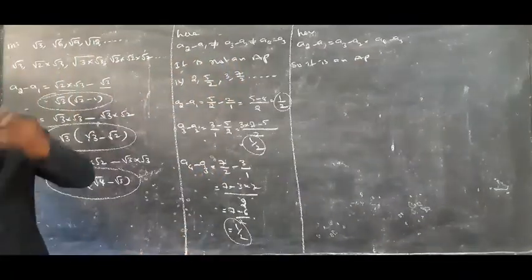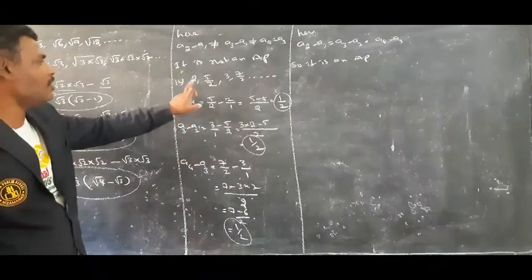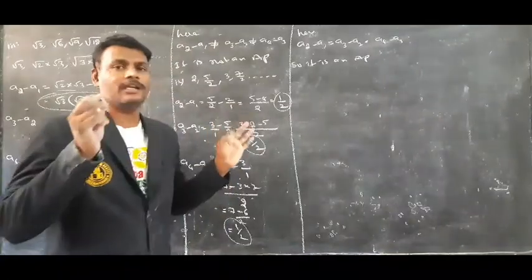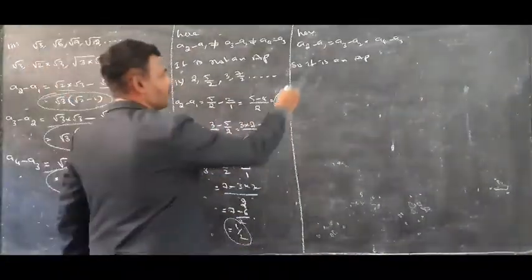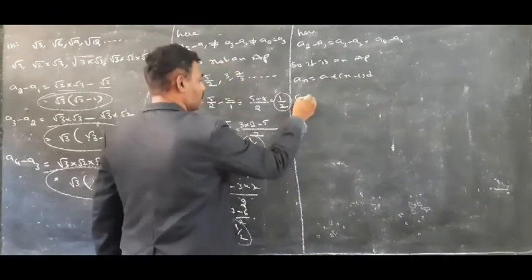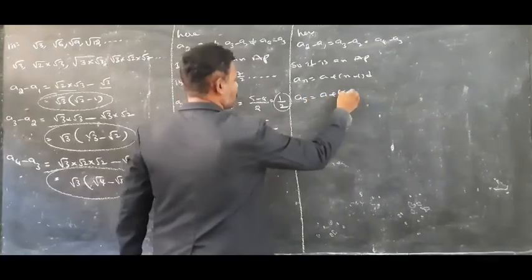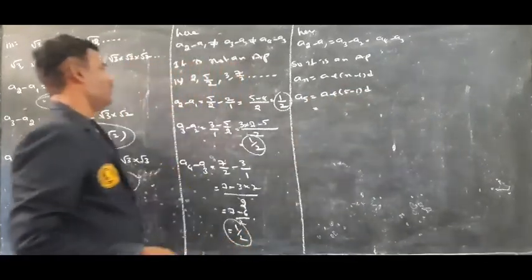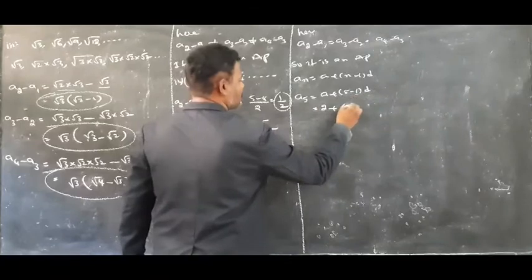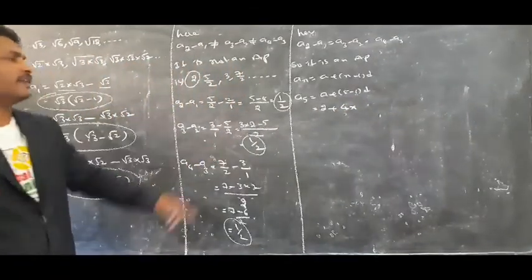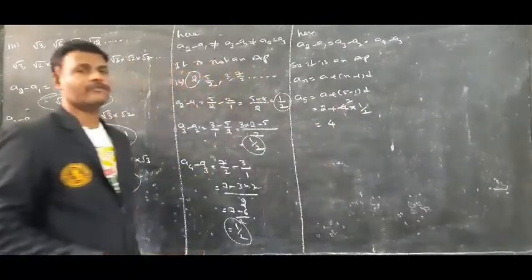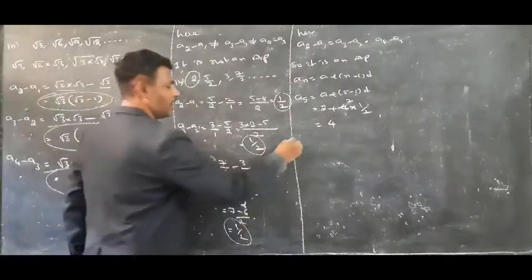If that is an AP, you have to find the next three terms. It means already I know the first 4 terms. You have to find the fifth term. To find any term of an AP, first you have to write the nth term. An is equal to a plus n minus 1 into d. I need the fifth term. A5 is equal to a plus 5 minus 1 into d. A is nothing but the first term of that series, that is 2. 5 minus 1, 4 into d. What about d here? Common difference 1 by 2. 2 1s are 2, 2 plus 2 is equal to 4. The fifth term is 4.